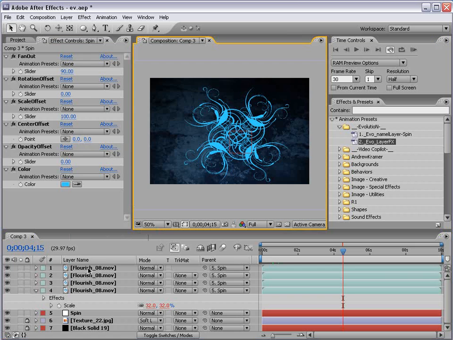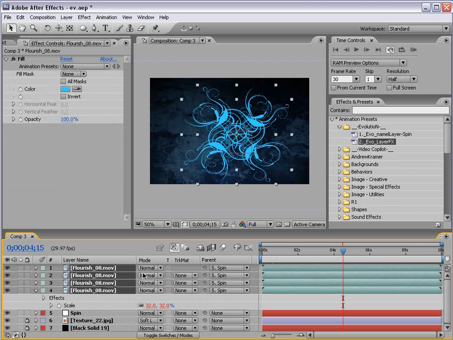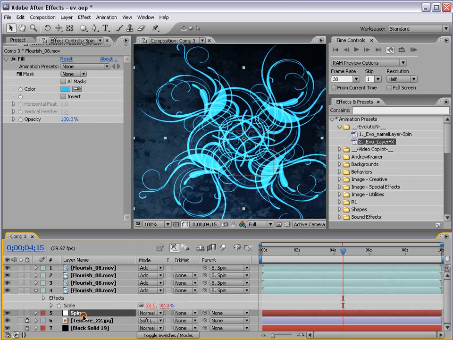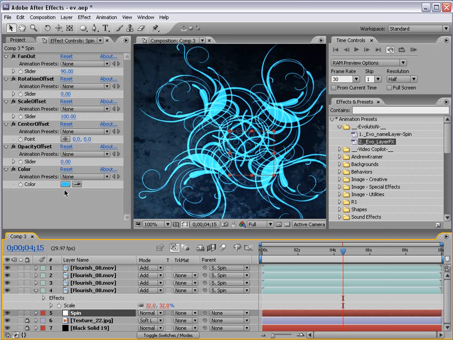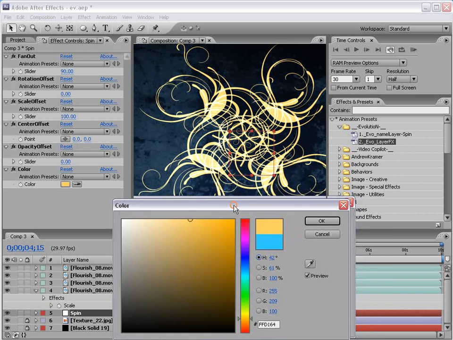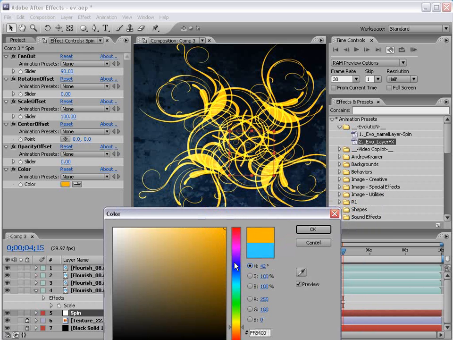And what I can do then is take these 4 layers and change the transfer mode to add. And so the layers kind of blend with each other. So back to my spin layer, I can play with the color some more. Depending on what you choose, you can create some pretty interesting effects, and you see the difference